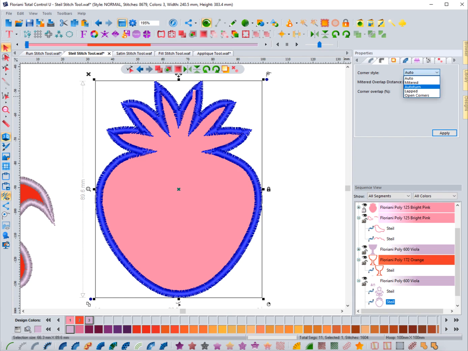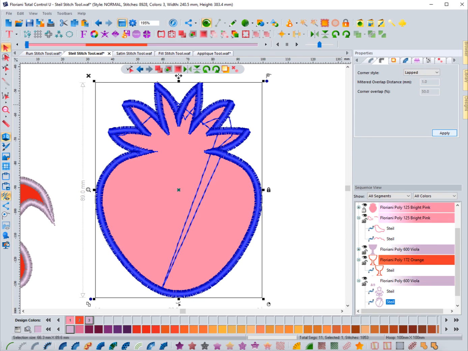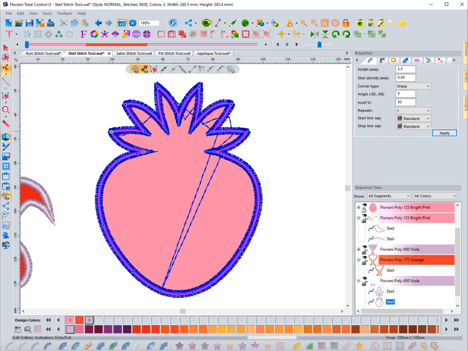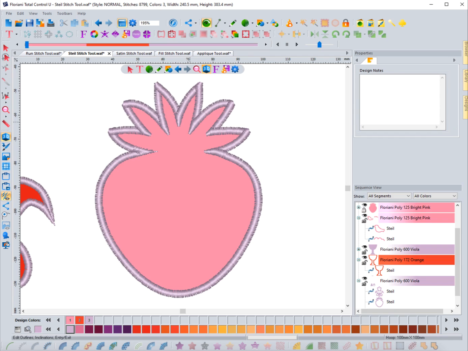Let's do auto turn. That is probably not going to be one you'd want to use because you can see it's trying to turn the corner there. Not a good idea. Lapped might be okay here. Let's click on it. You can see it really changed things up quite a bit actually. I'm not sure why it did all that, but I just had to move that start point. But you can see it laps those corners. In my opinion,